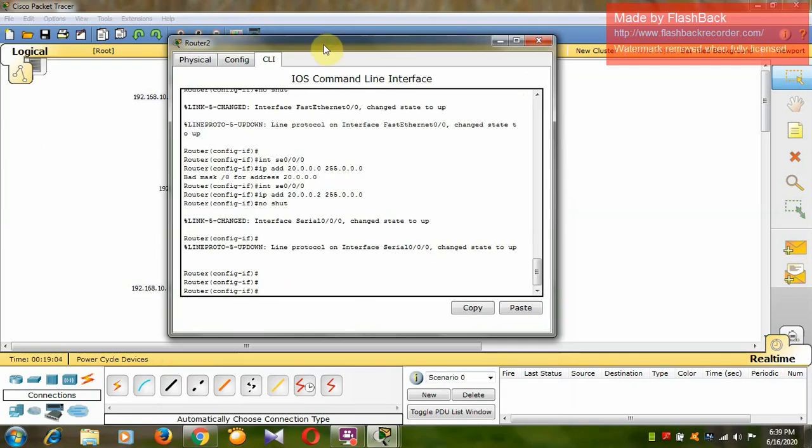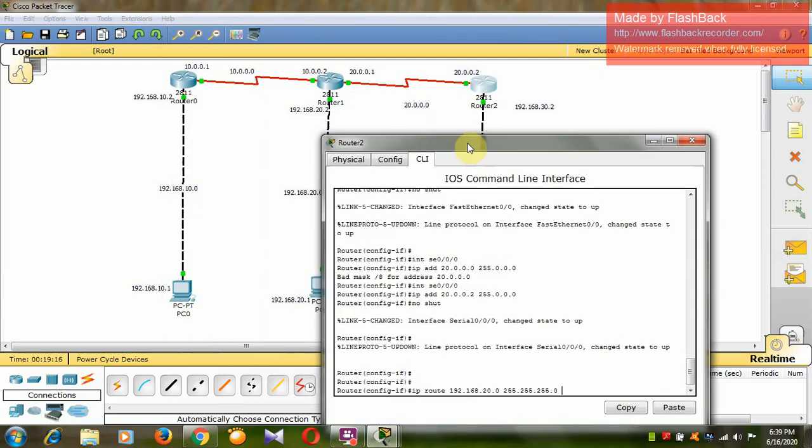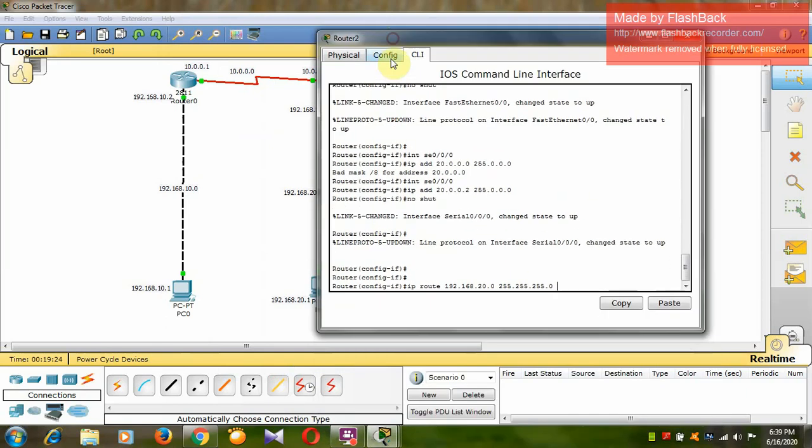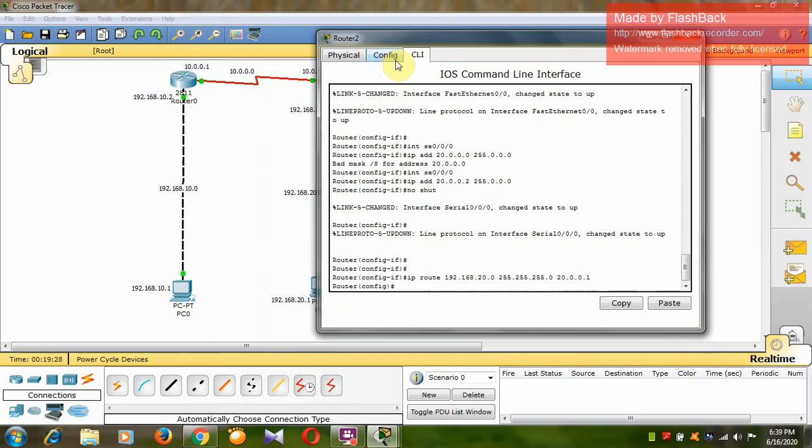Okay, so that is IP route. So first of all, I am going to tell it about this 20 network 255.255.255.0. Now which will be my next hop address? Now I am in this router 2. For this router, the next hop address will be this interface 20.0.0.1. Okay, so 20.0.0.1.